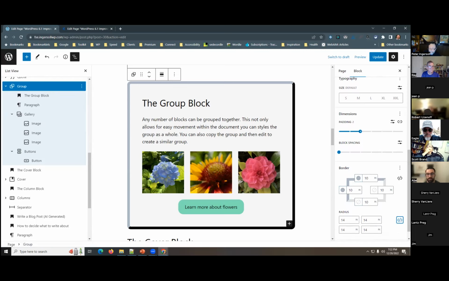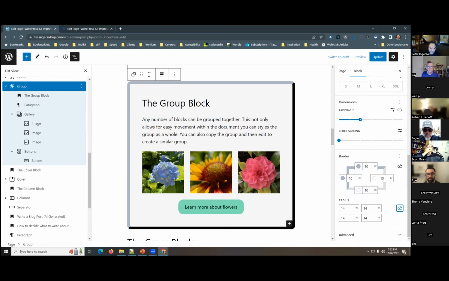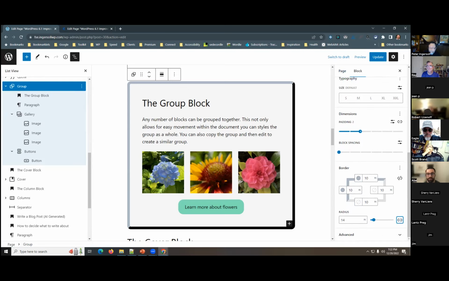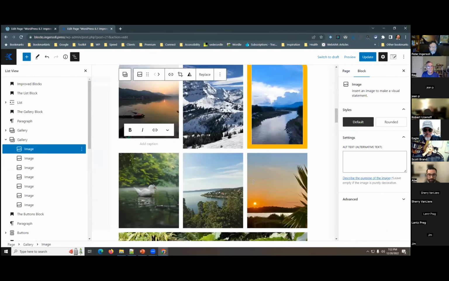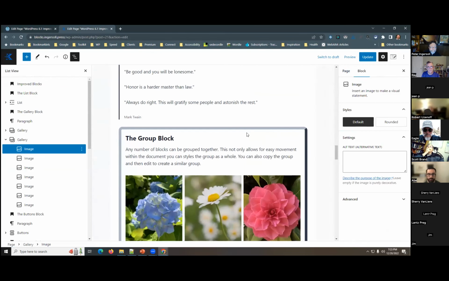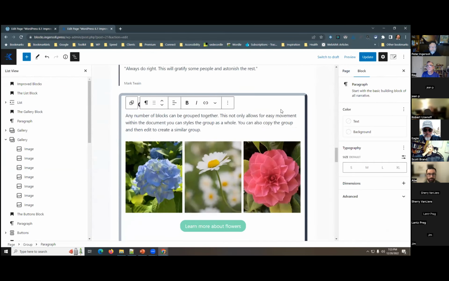So again, I can link or unlink. This is showing me all four corners of that group. Right now they're linked. So I go back over to my classic theme, Cadence. It looks good because I copied it over. The only dimension I have that I can control is padding. The border design was all set because I originally did the block in full site editing. I do not have that control